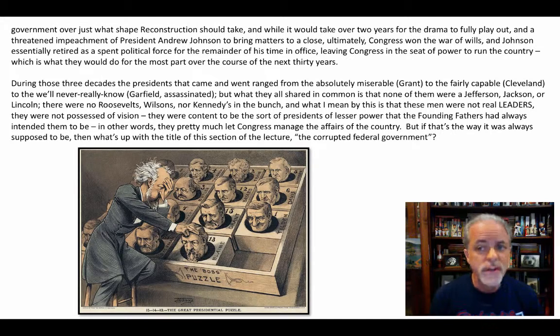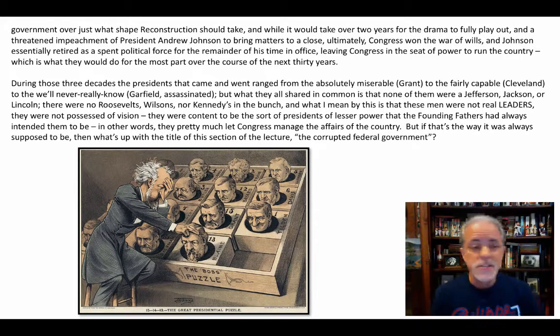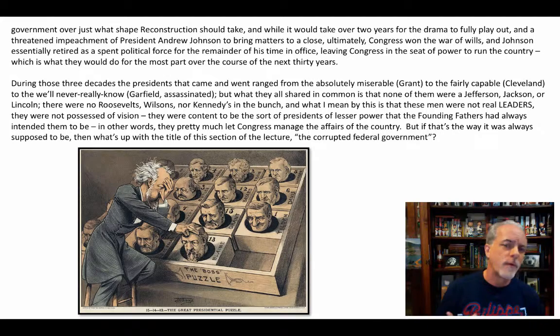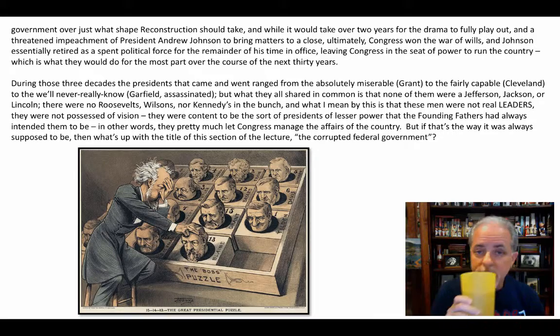And while it would take over 2 years for the drama to fully play out, and a threatened impeachment of President Andrew Johnson to bring matters to a close, ultimately, after a lot of drama, a lot of soap opera, ultimately Congress won the war of willpower, and Johnson essentially retired as a spent political force for the remainder of his time in office, leaving Congress in the seat of power to run the country, which is what they would do for the most part over the course of the next 30 years, through the 1870s, 1880s, and 1890s. During those 3 decades,